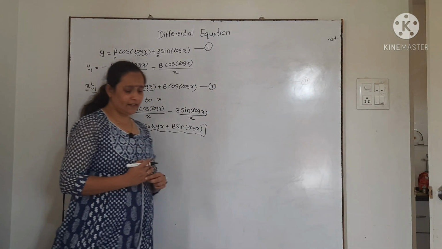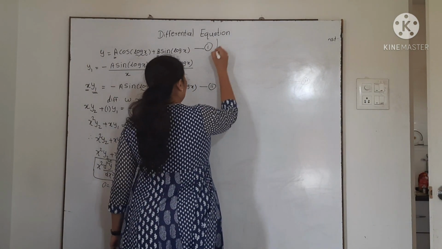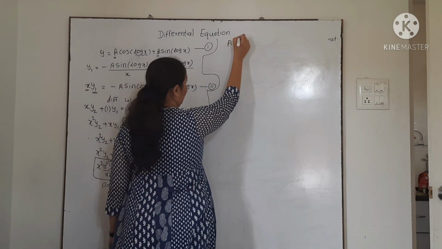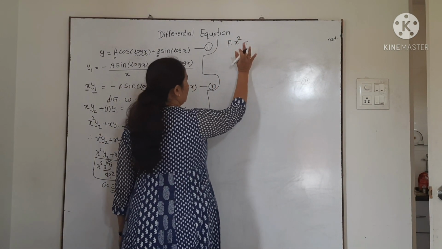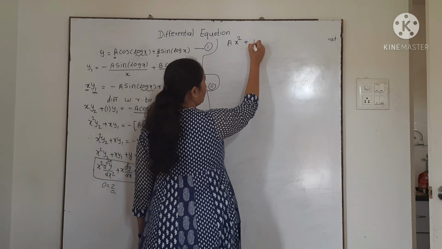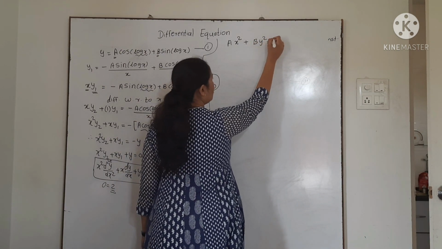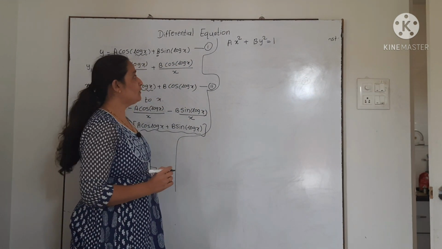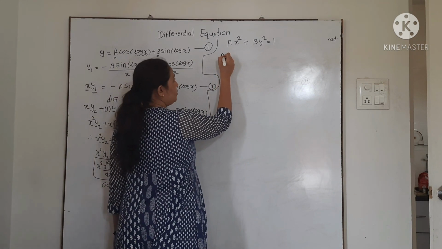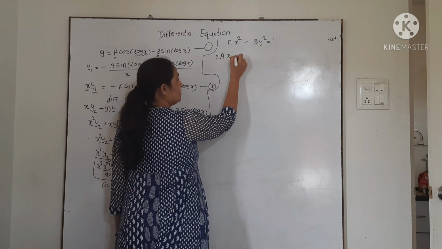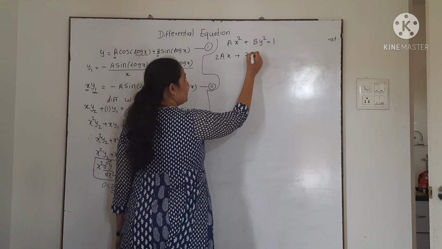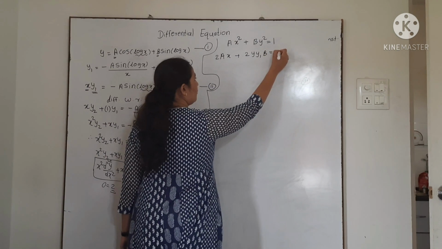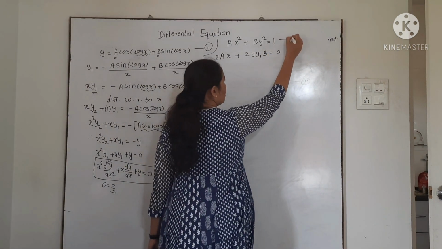There is one more method that is known as the determinant method. I will explain the method. Say we want to find the differential equation of ax square plus by square equal to 1. Now here we have two arbitrary constants, therefore we will differentiate this equation 2 times. a into the derivative of x square is 2x, plus the derivative of y square is 2y y1, b as it is, the derivative of 1 is 0. This is your equation number 1.